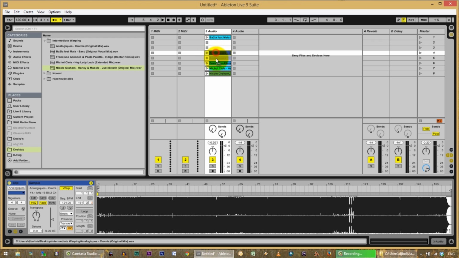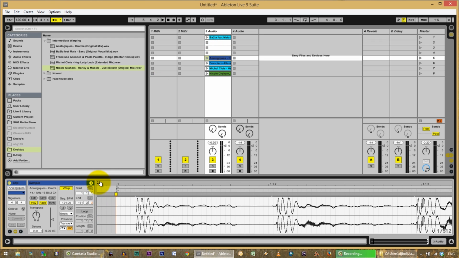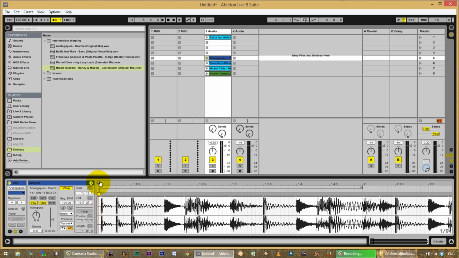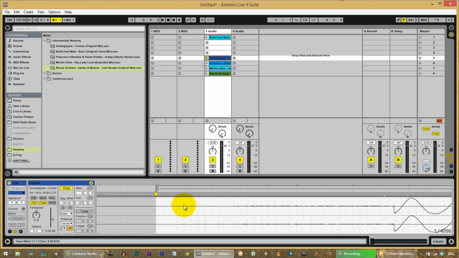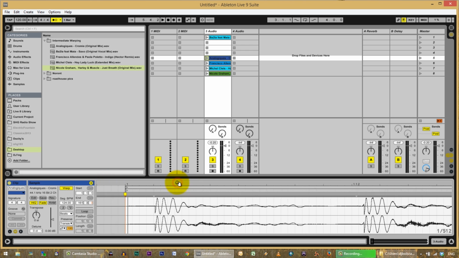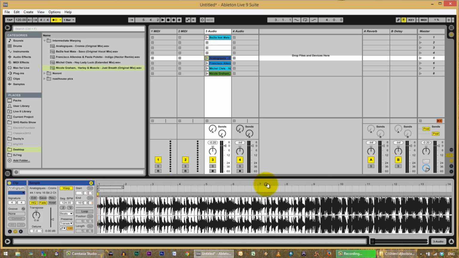We'll go with the Analogics one next. We'll zoom in, and with this one, it looks like Ableton has tried to put the first warp marker at the start of the waveform. You can kind of see these little dots here, that's where the song actually is starting. But, what's going on?